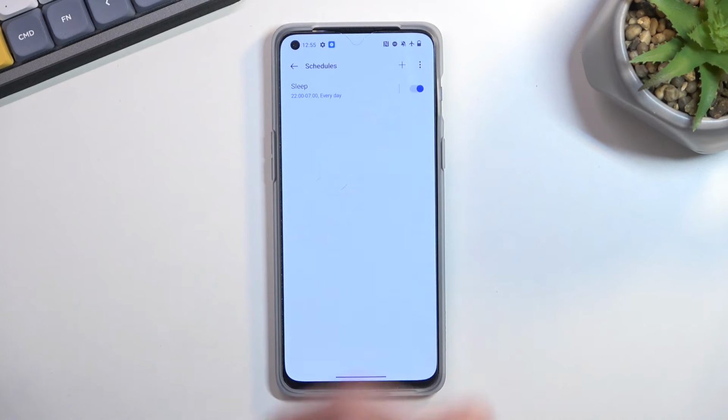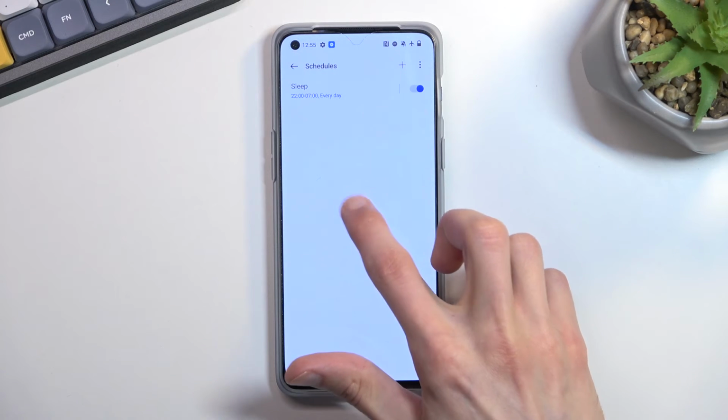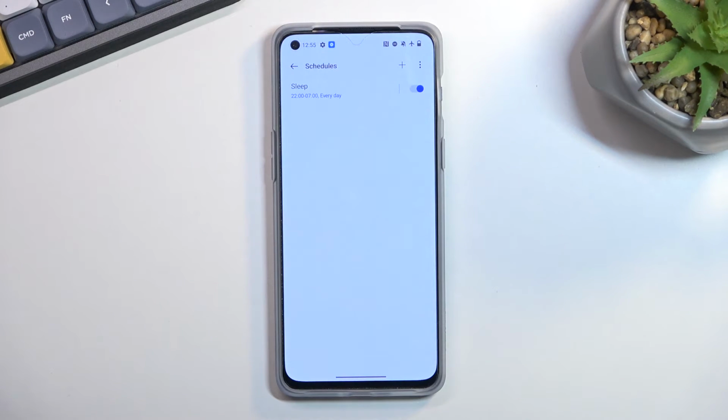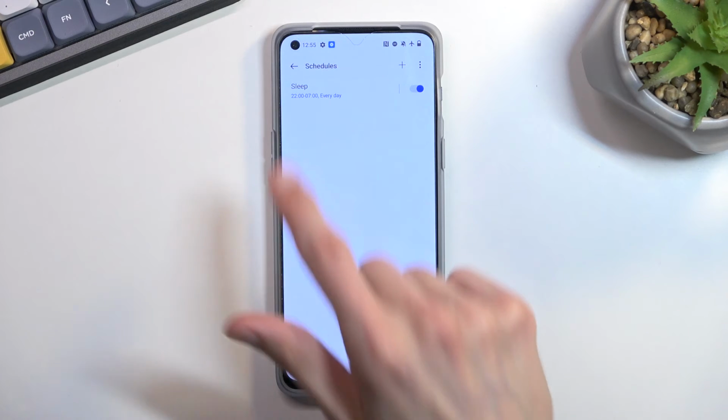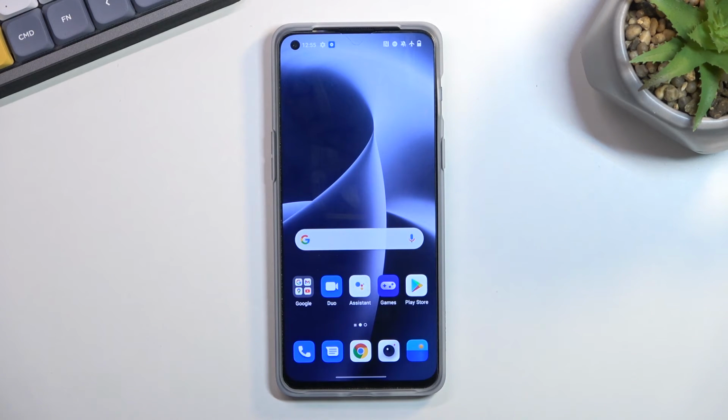And as you can see, there is one pre-made, so this one is for sleep, starts at 10 p.m. and ends at 7 a.m. So with that being enabled now, it will automatically turn on and off at the given time. So anyway, this is basically how we can set up and use your Do Not Disturb mode,